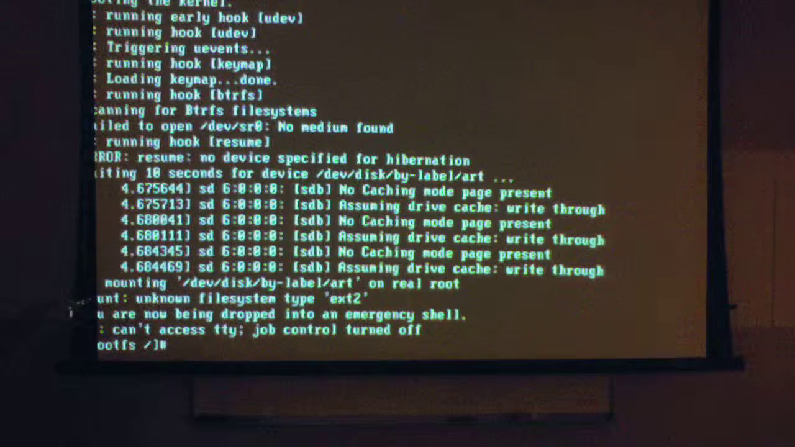So what we have happened here is the next error. The initramfs that we compiled doesn't have the